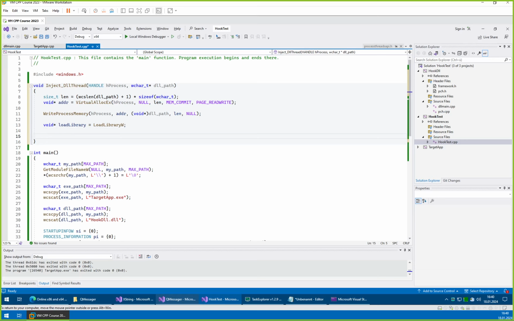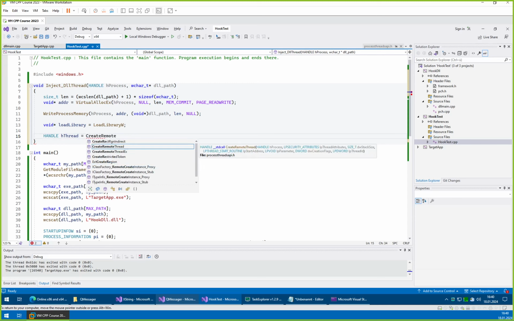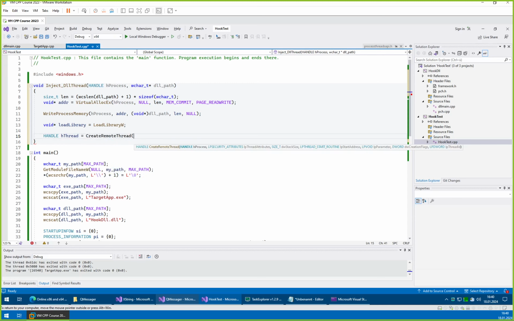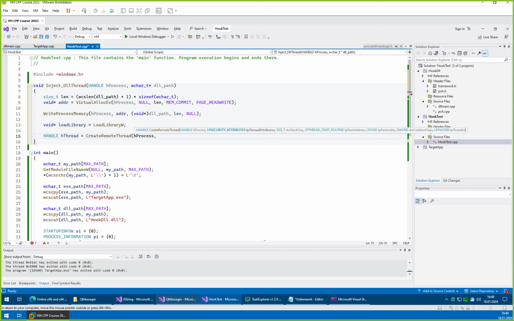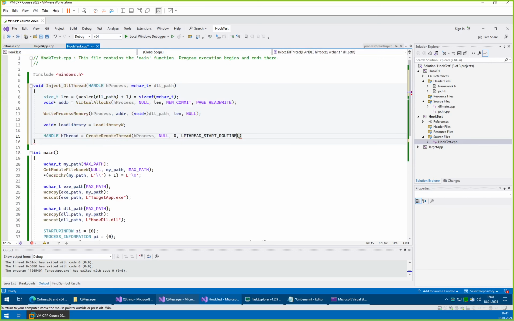Anyhow, now let's create our remote thread. Create remote thread, and this thing again takes a handle to a process. Then it takes security attributes, again we don't care. Then it takes stack size, we can specify null, and we'll just take the default value. Then we need to cast to the right type. Since I'm too lazy to type, I'll just copy the right type from here, and we pass,